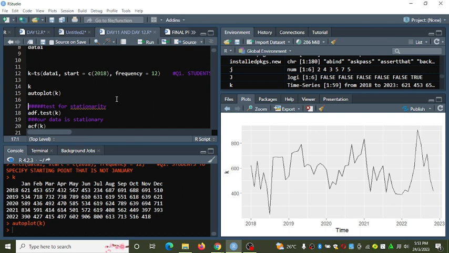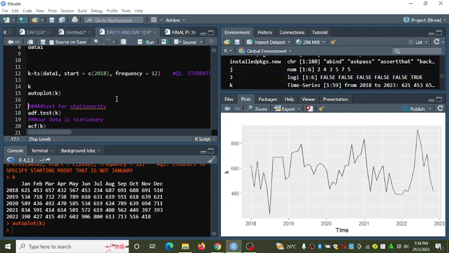What do you understand by the name stationarity? Okay.